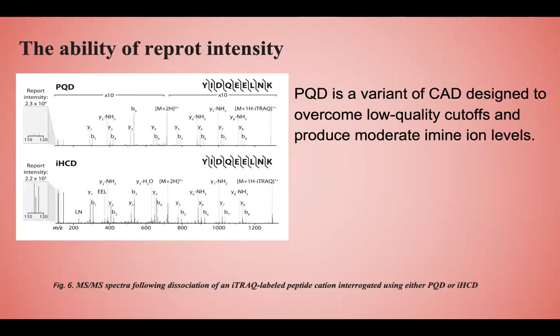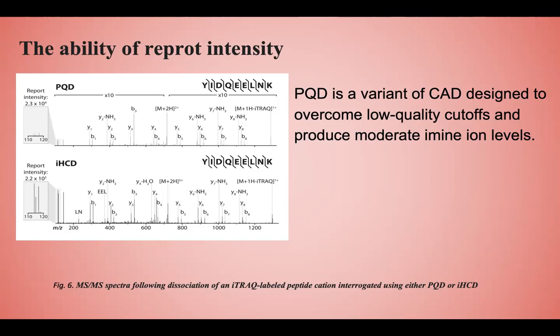Before I introduce this picture, I want to tell you what a PQD is. PQD is a variant of CAD designed to overcome low mass cutoffs and produce moderate immonium ion levels. So we use PQD to compare with IHCD in the MS spectral pattern. This picture shows